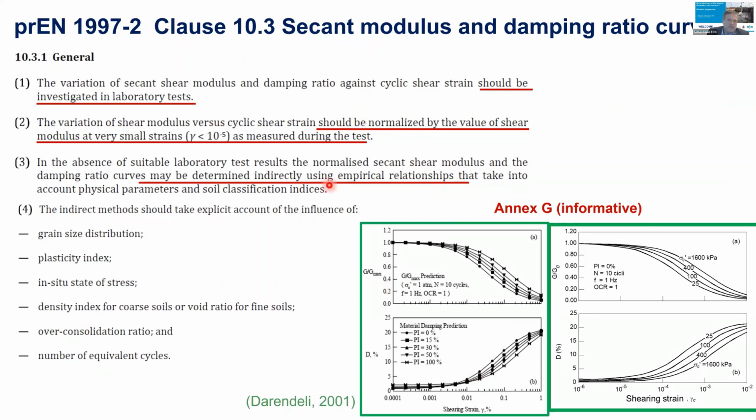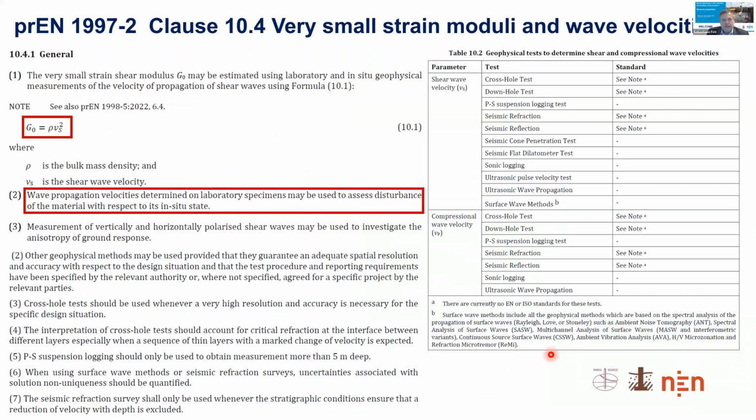They can be determined indirectly with empirical relationships. In Annex G, we find some possible relationships to be used. For example, you see the corresponding graph over here. And in terms of the evaluation of the very small strain moduli,